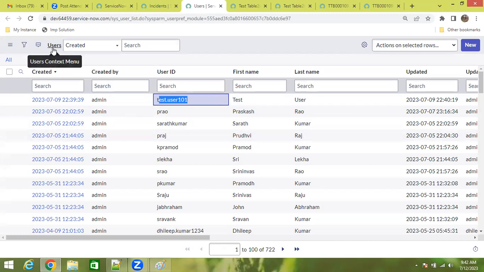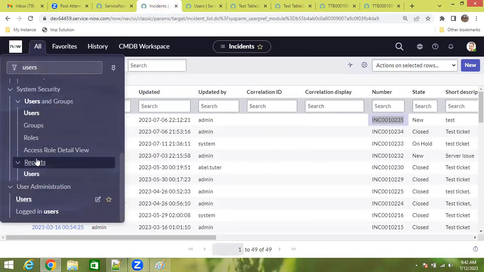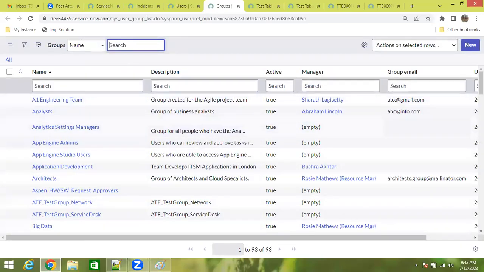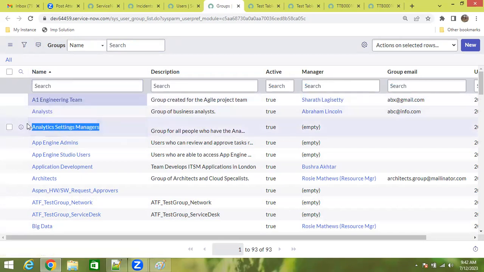Similarly, groups as well. Go to groups and verify. There is no number here on the groups. Every group is identified using the group name. Getting it? So now we understood that every table's records will have some identifier, but there is another identifier